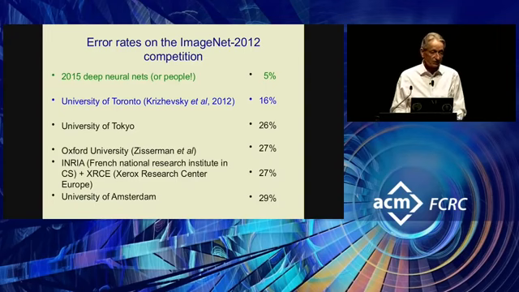So then what happened was exactly what ought to happen in science. Leaders of the computer vision community looked at this result and they said, oh, they really do work. We were wrong. Okay, we're going to switch. And within a year, they all switched. And so science finally worked like it was meant to.